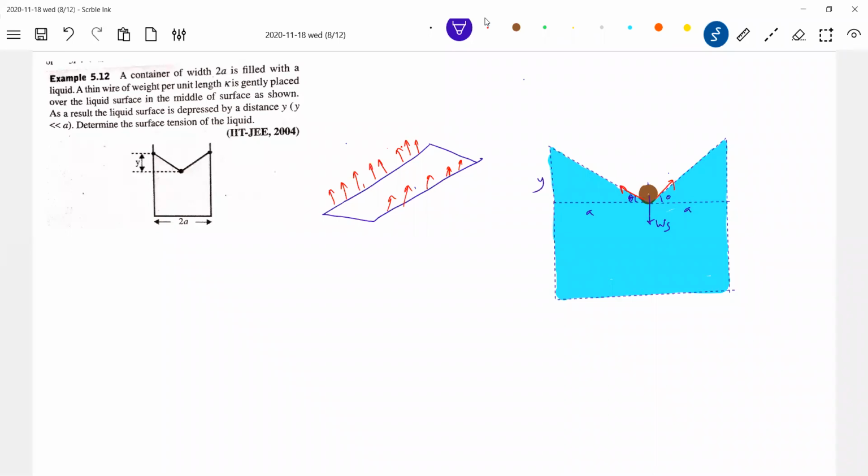Let's go for the force due to surface tension. How to calculate this? Thin wire, what do you mean by thin wire? The diameter of that is almost negligible. Let me take the diameter d and length L. This is some wire that I'm showing. If you cut a cylinder,